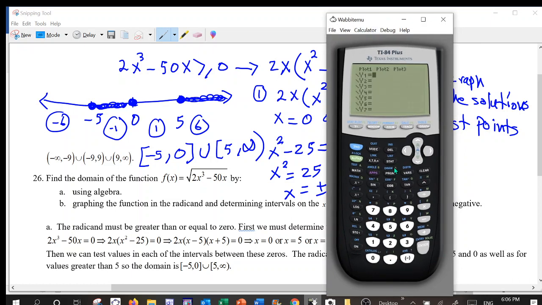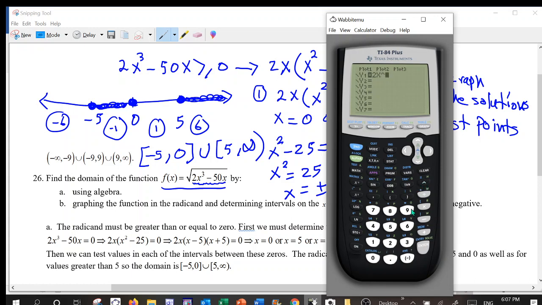Now, if we graph this function with the calculator, so here's the calculator you can use in this course. So we're going to graph it. Now, we don't want to graph this to find the domain of it, right? Instead, we can graph the inside and see where this inside is positive from the graph. So let me show you. So I don't want to graph the square root of this. I'm just going to graph